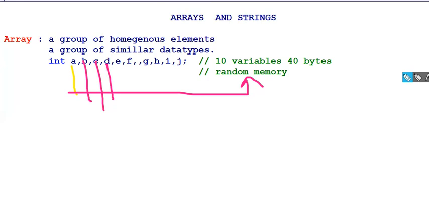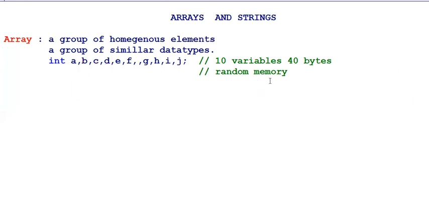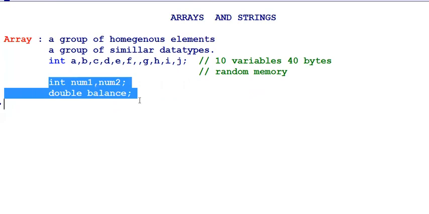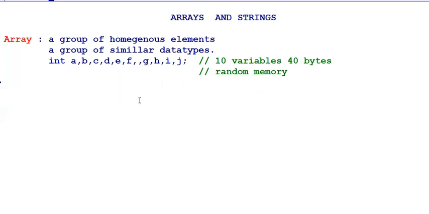And Java proposed that, so what is the purpose of a variable? You have to give it a name. Variables are always there to be given a name. We don't go for names like A. If you want to add two numbers, I can go for number1, number2. If you want the balance of your account, we can declare balance. So the purpose is specified in the name itself. But when you come to this type of declaration, 1,000 variables we cannot keep in our mind.